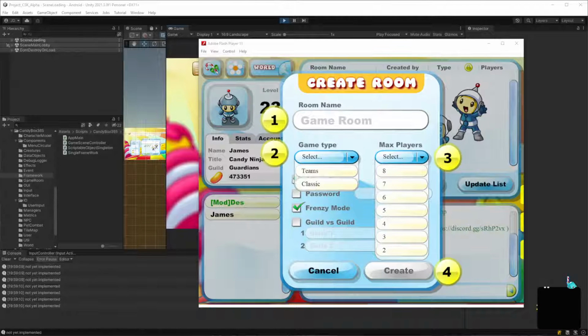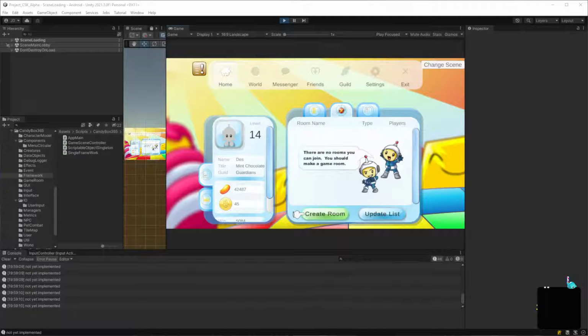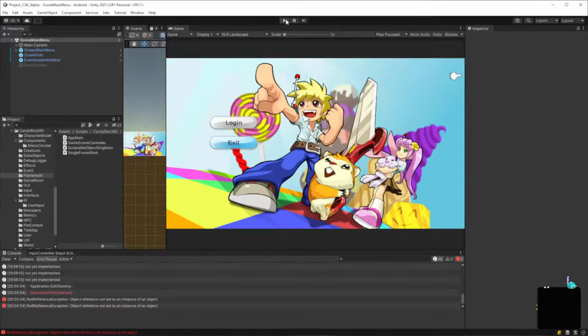So let's do that. I've been plugging away at the code for a while. Let's do a little bit of UI and let's build the basics of this room creation, and then see where it's going to go. Sometimes it's better to step away from the code a little bit.